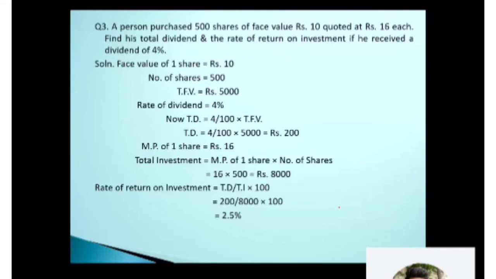So maybe in the next lecture we will continue with the same topic, that is total dividend and rate of return on investment. We will go a little slow so that the other students can also make out the things, because they go fast and many of them are not able to get it. They are from the SP background, meaning they are not taking mathematics of the 11th and 12th standard, and this basically requires a concept. So we will go a little slow, and maybe we are going to utilize one more lecture on total dividend and rate of return on the investment.